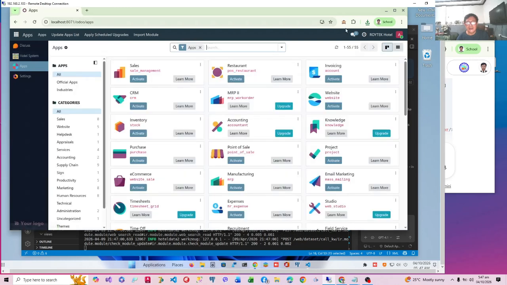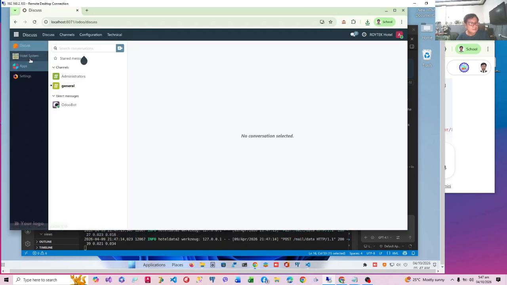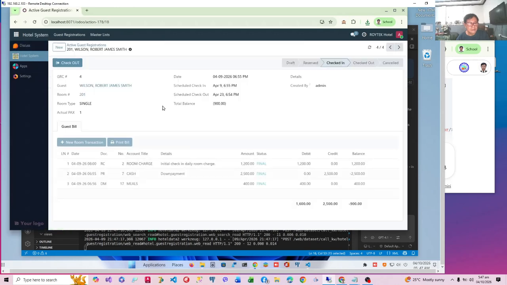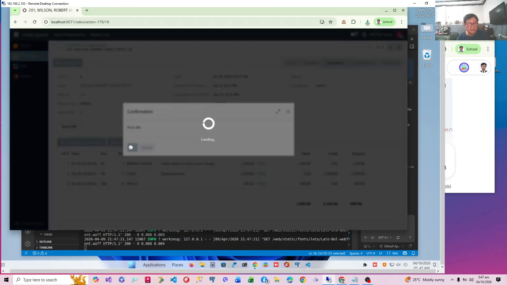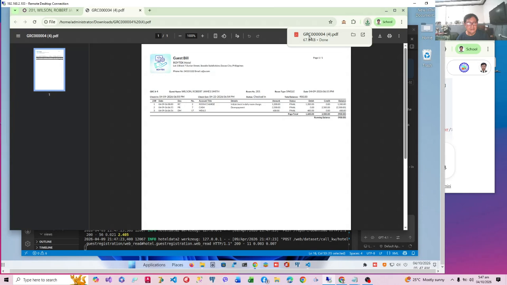Let's go to apps. That's why it doesn't affect the update. Let me print the bill. There it is. So I haven't really saved it.